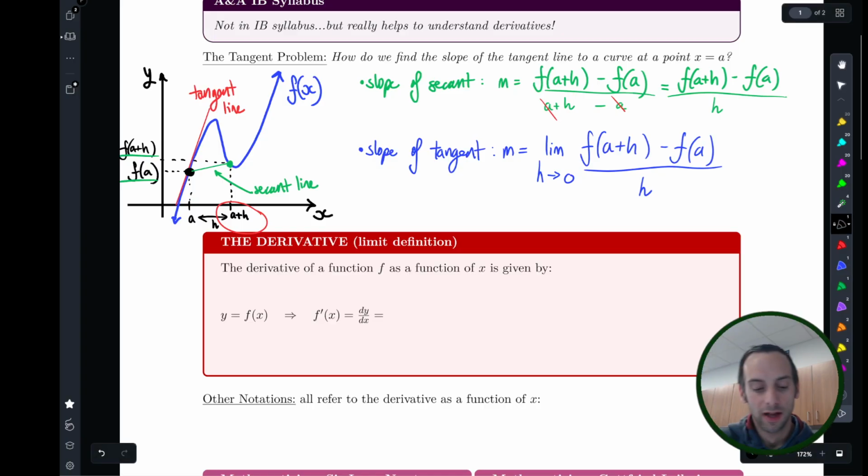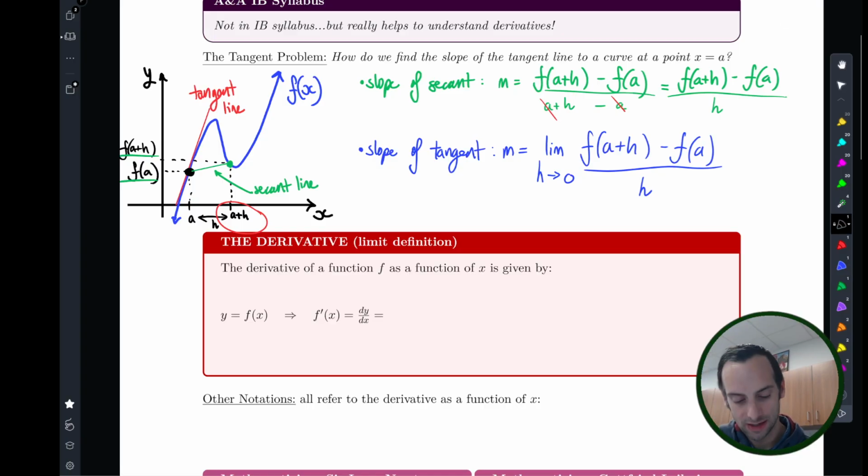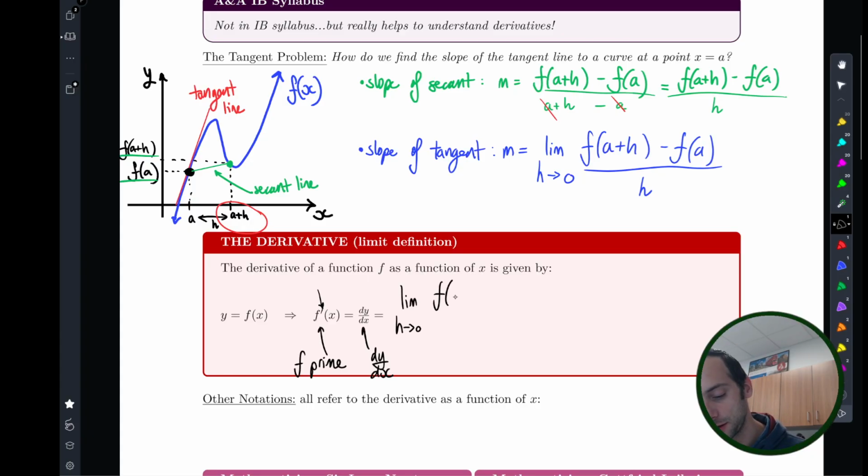Okay? The IB denotes this using an f prime notation. So this f with this little apostrophe right here, they denote this as f prime, or they use this other notation, which is called dy dx. Okay? It is given in the formula booklet for higher level students, but again, standard level, it is not going to be tested, but it is a good thing to know just to help you get a better understanding of